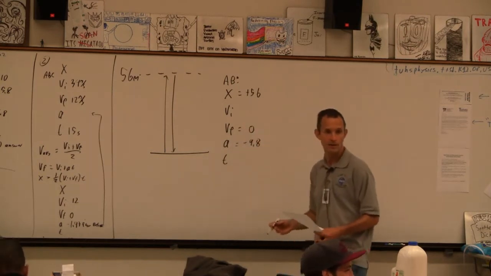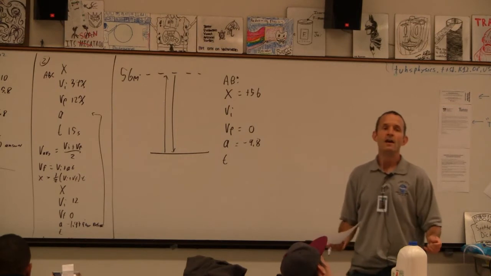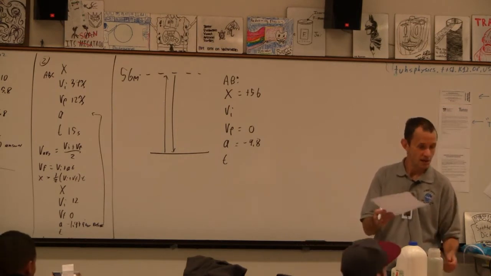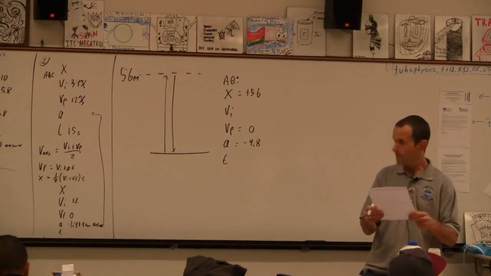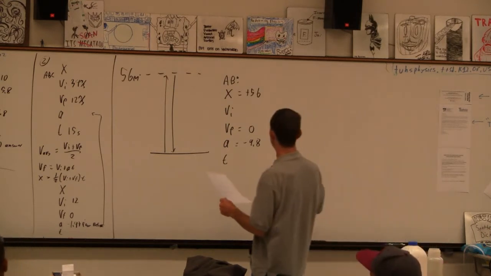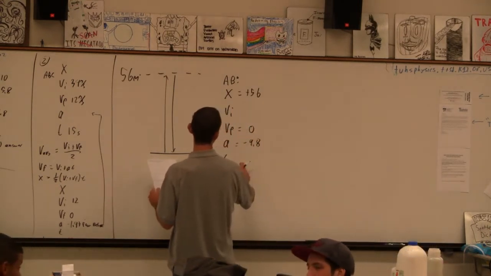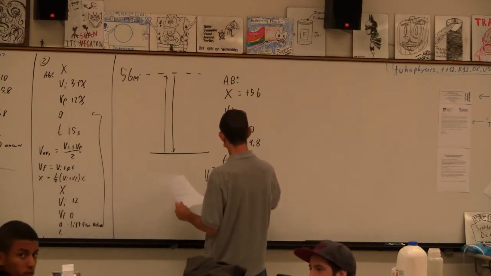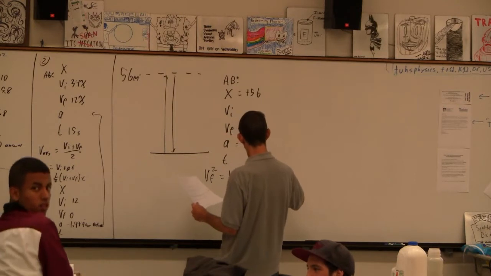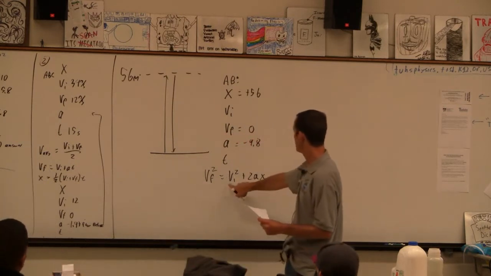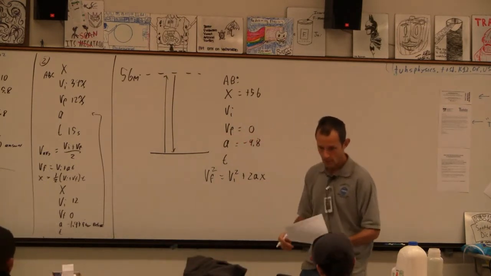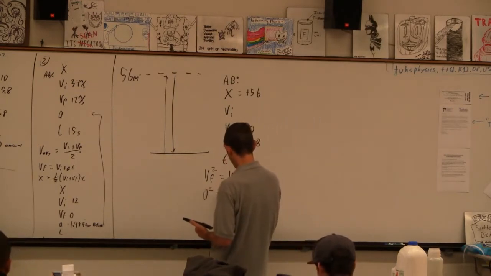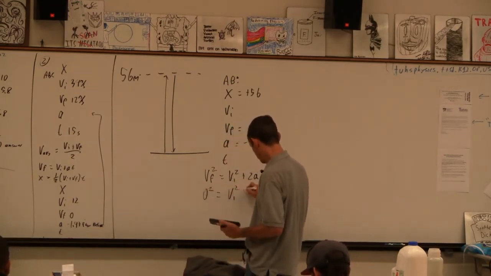Because, how do we know that? If it's not 0, it's not at the top, is it? Right, so I think the thing to do here is use this equation. I think we can use this to find our initial velocity. So 0 squared equals VI squared